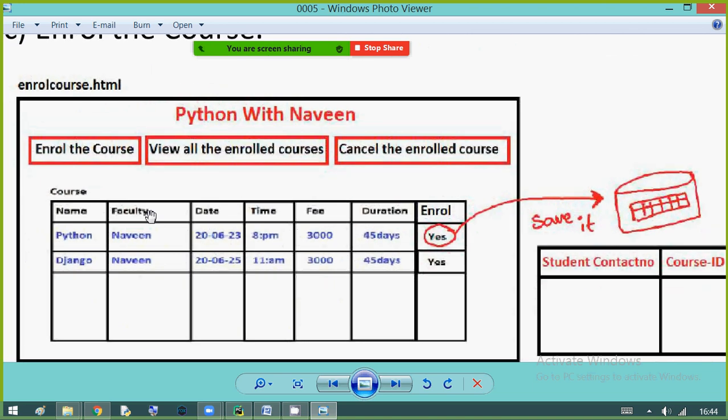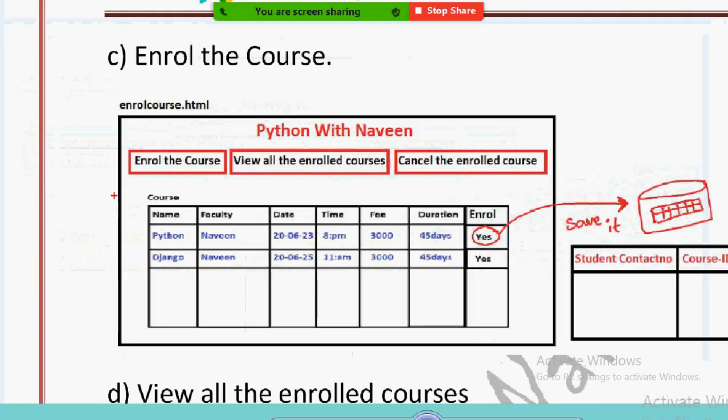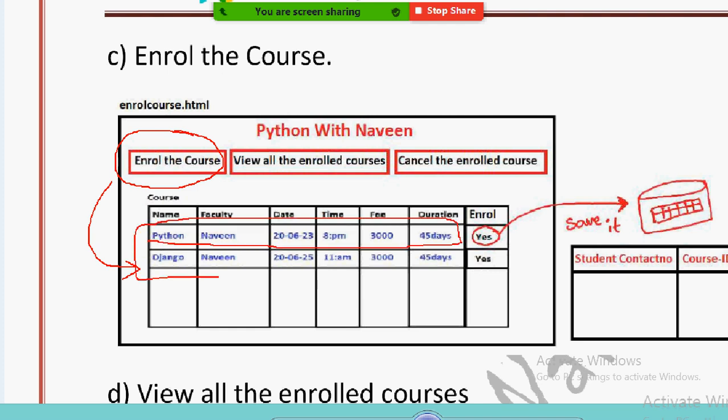Observe. When the user clicks on enroll the course, this page will appear. In this page, we are going to show all the courses. We'll show Python, Django, .NET, Java, C++, everything, all the courses.